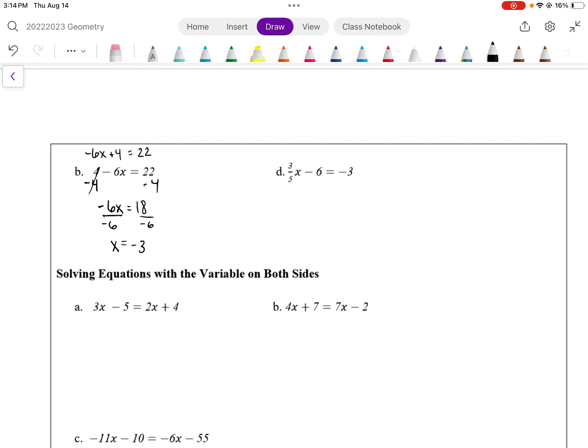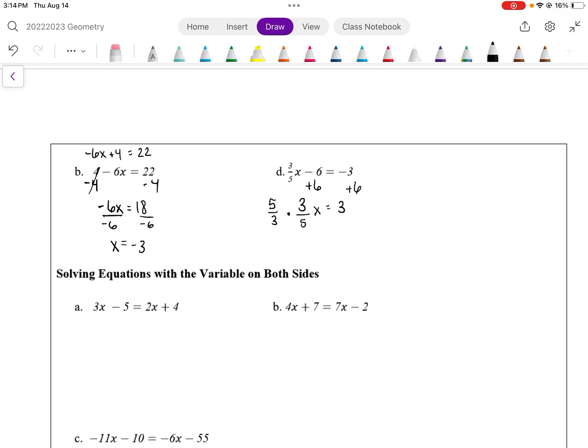Next one, again, you have to add or subtract before you can multiply or divide. So we need to take care of that negative 6 first by adding. Negative 3 plus 6 is 3. Now I have that fraction again, 3/5 x. To get rid of a 3/5 x, if I just want 1x, I have to multiply by the reciprocal. So flip it, times